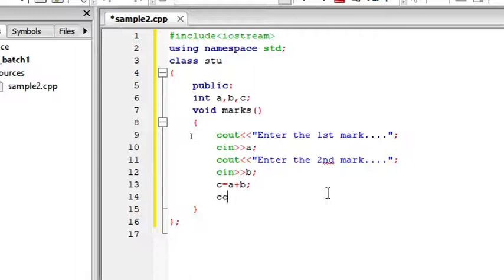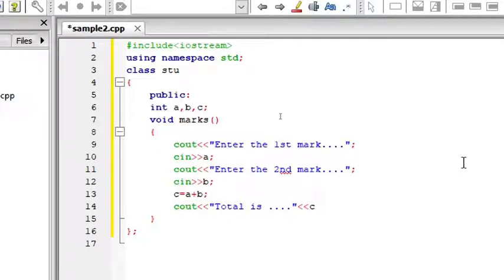So again I have to use cout, total is, and again open. Both the values, that is a and b, are added and stored inside C. So I have to call this variable C here. So type C, but listen, we should not be giving this variable inside double quotes.